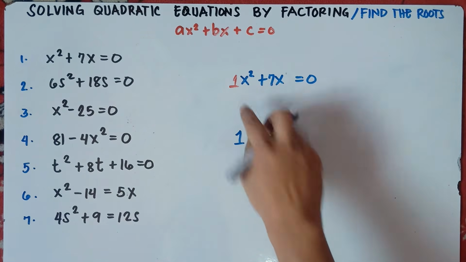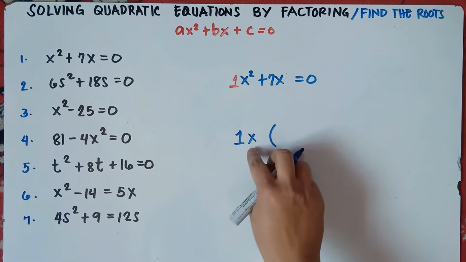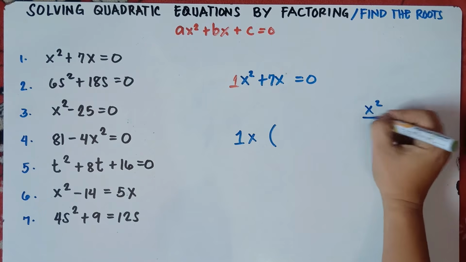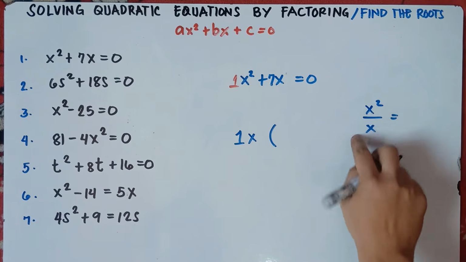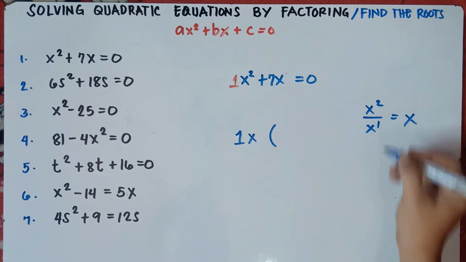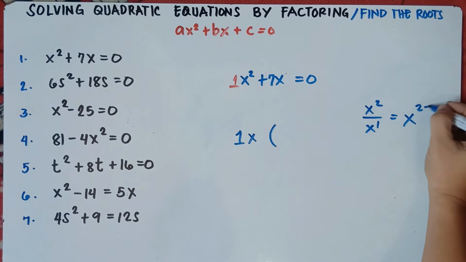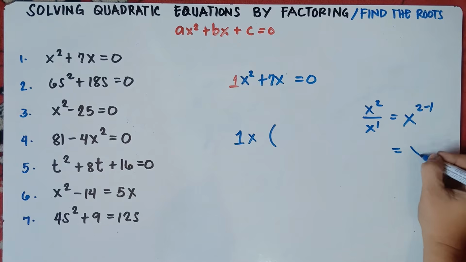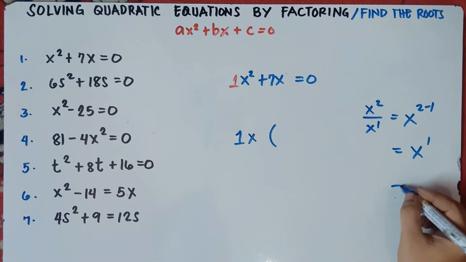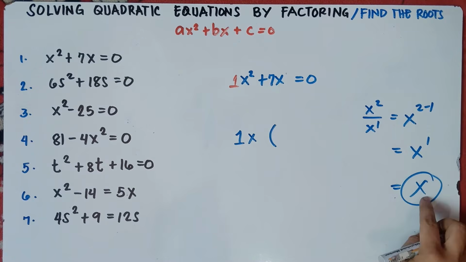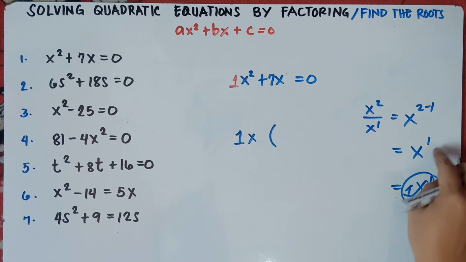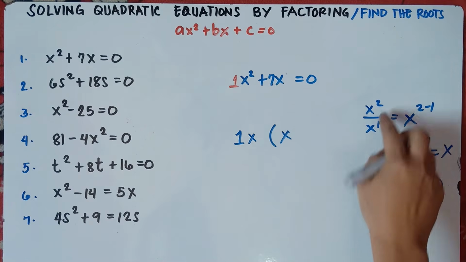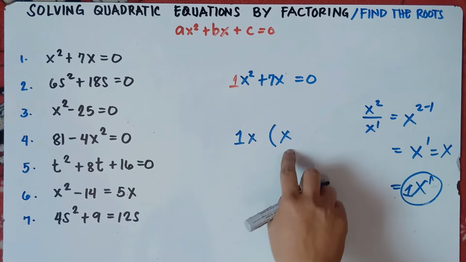So divide: you put the quantity, x squared divided by x. Once you divide an algebraic expression, simply copy the base, x, and then subtract the exponents, 2 minus 1. So of course, that would be x raised to the power of 1, or simply x, understood that x has an exponent of 1 and a numerical coefficient of 1. So x squared divided by x is x.